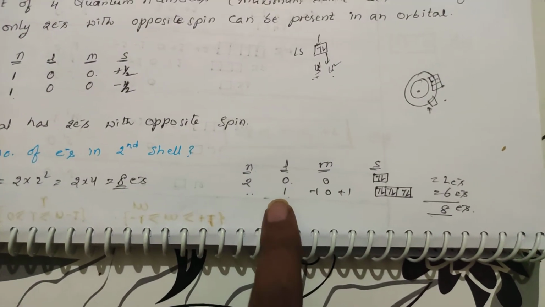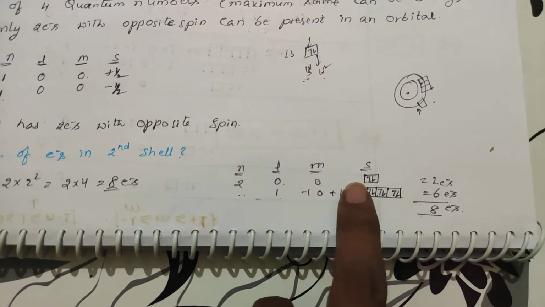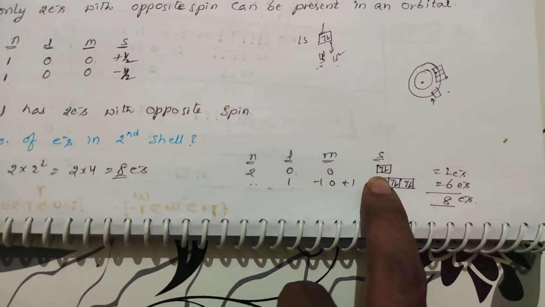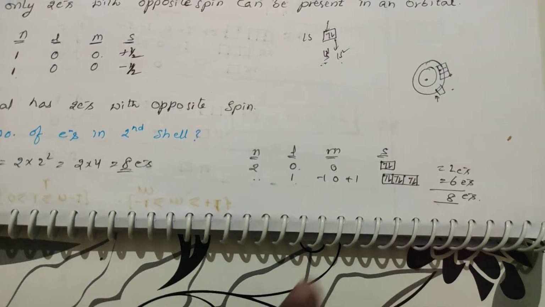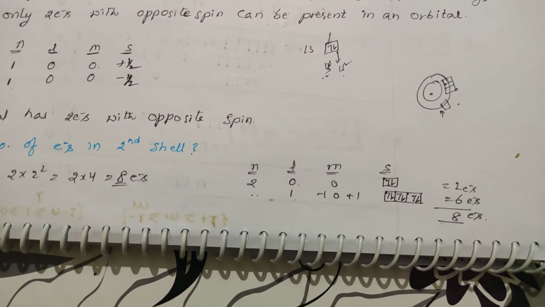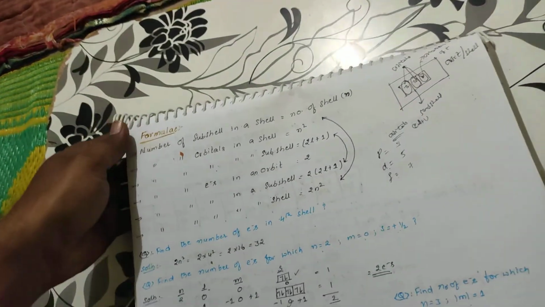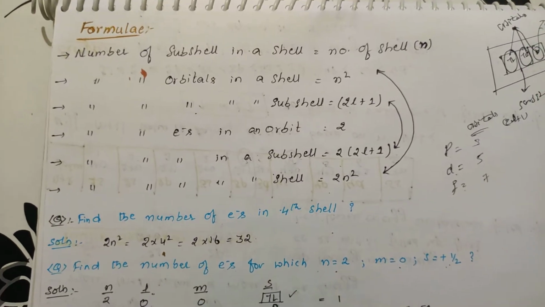Right? See here 2s 2p. You will be getting here in this pattern. Here p you will be having 3 orbitals. Here s it is 2 electrons in one orbital. So totally 8 electrons. And remember that students, each orbital can accommodate maximum of 2 electrons. Right? There are some formulas with respect to this one.